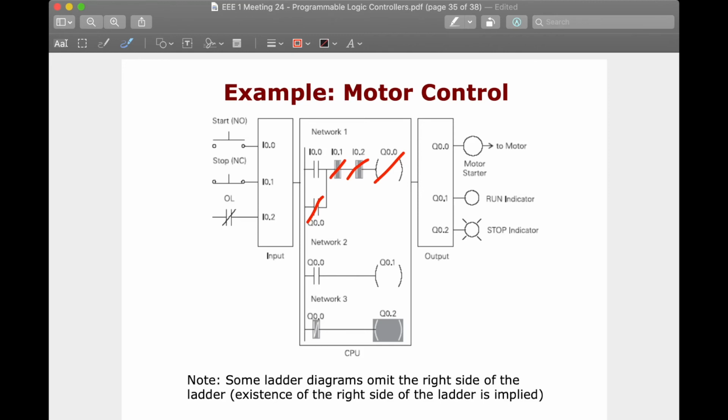Okay, so now let's interpret network 2. So that means the motor, oh yeah, since this is connected to the motor, so that means it will turn on the motor. So it will now start the motor. So yeah, and unless the stop button is pushed, the motor will not stop. But once you press the stop button, this becomes open. So that means this one will now be unenergized again,